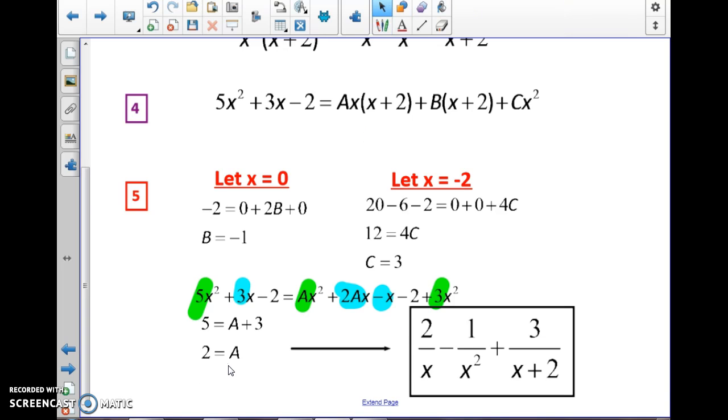Now you can take the a term, put it in its spot in the first fraction, take the b term of -1 and put it in its spot in the fraction, and take the c term and put it in its spot over its fraction or in its numerator, and this is the decomposed fraction that we get. I would highly recommend